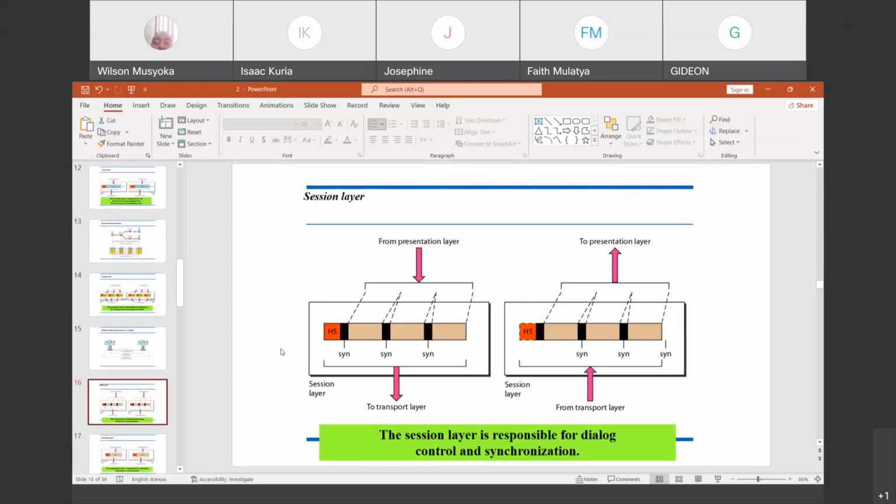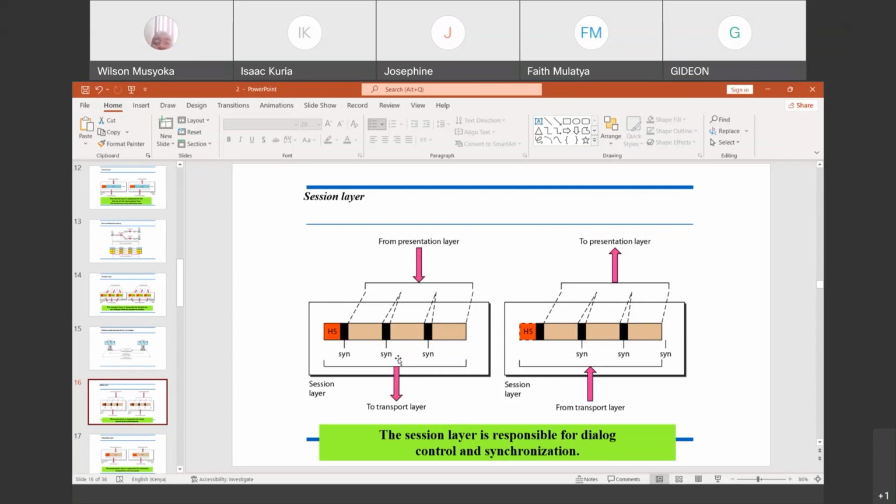So we get to the session layer, where we are saying it is responsible for dialogue control and synchronization. What do we mean by dialogue control and synchronization? That is where the preamble of the data frame comes in, whereby you have to synchronize or establish what transmission speeds are being used and how we manage this dialogue control.